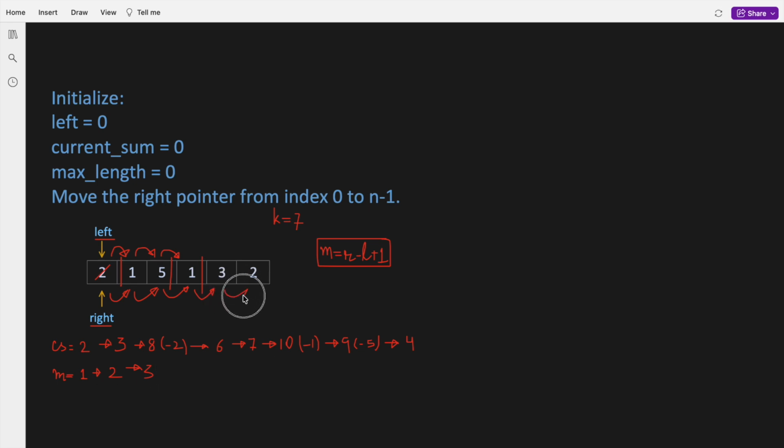Finally, right moves to the final element. The current sum becomes 6, which is less than k. So we calculate the maximum length, which is the maximum of previous maximum length and r minus l plus 1. So the maximum remains 3. So this will be returned as an answer. Hope this is clear. So this is pretty straightforward. When the sum exceeds k, we don't move right further. We shrink from the left until the sum becomes valid again. Each element is added to the window once and removed from the window once, which is why this approach is